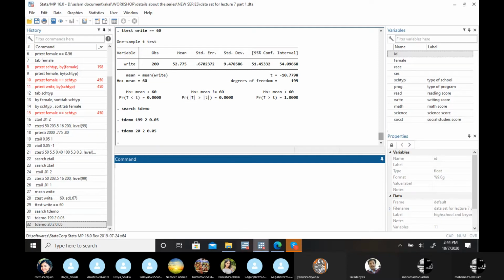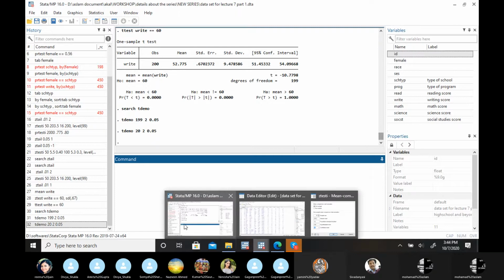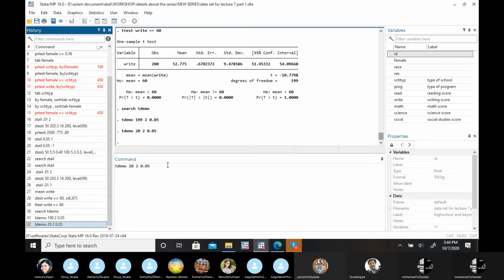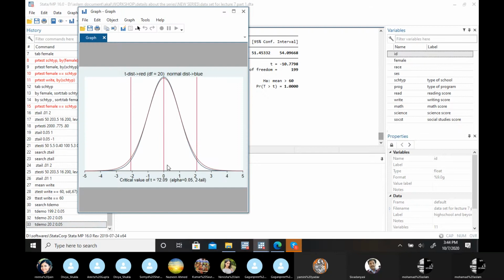Let's just, there's something, yeah, that's a question mark. You don't need to worry about that. That's just saying that for this particular value, the critical value is 2.094. This T1, this red one, they are not showing the Z critical values, but they are going to be more or less the same. That's actually a plus minus 2.09, that on the left-hand side it is minus 2.09 and on the positive side 2.09.